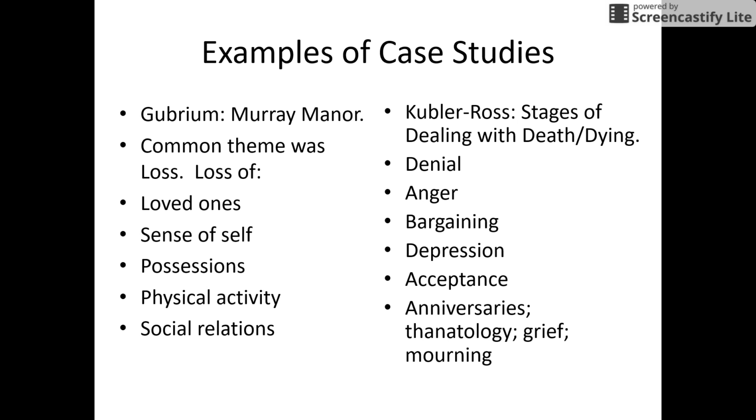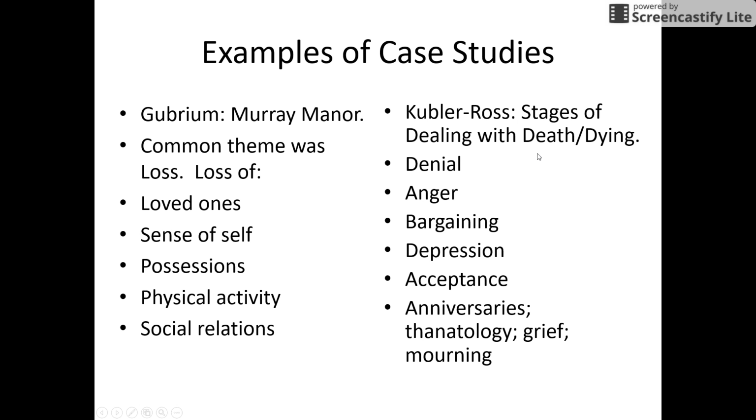And so Gubrium found that in the lives of these people, they were experiencing a lot of loss. Clearly they're leaving their own home, likely moving into this new place, so that's a loss. And they're getting older, so maybe they're having some health problems. That's a loss. They're losing loved ones. That's a loss. These losses compile on top of one another. So loss was a main theme that Gubrium found as he, in very much detail, studied the lives of individuals in a nursing home. What's nice about face-to-face classes is I can then ask students to talk to the class about experiences they've had, because a lot of students that I have in these classes have spent time working in nursing homes and have seen such loss.